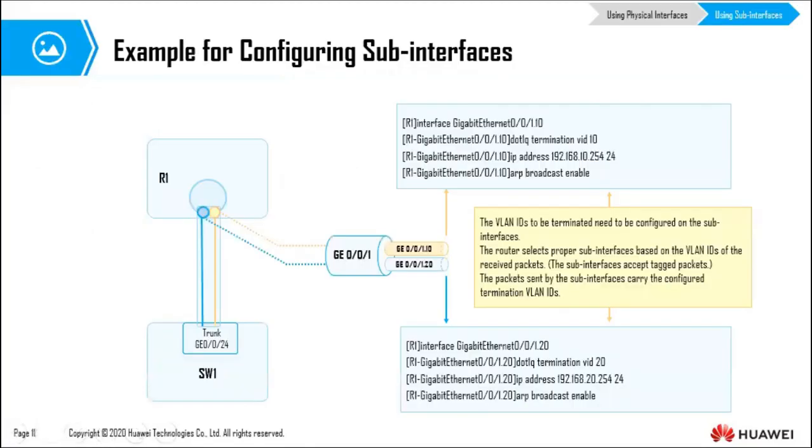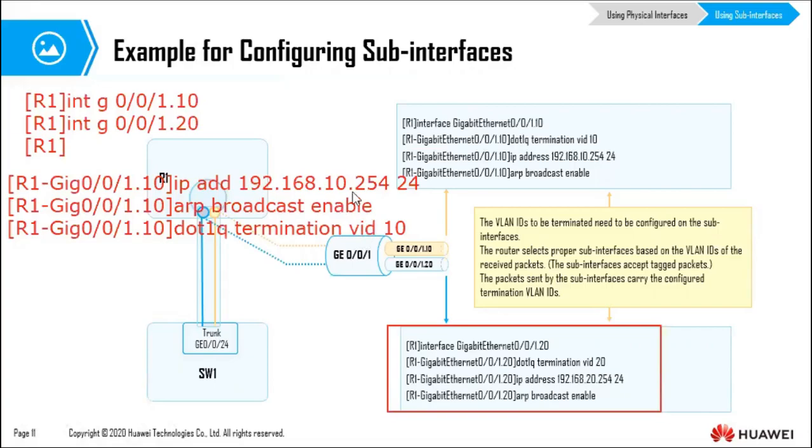So other than using routers, physical interfaces, or sub-interfaces to implement inter-VLAN communication, yes, you have a question. When you're configuring the other sub-interface, you have to quit, right? So if you're here,